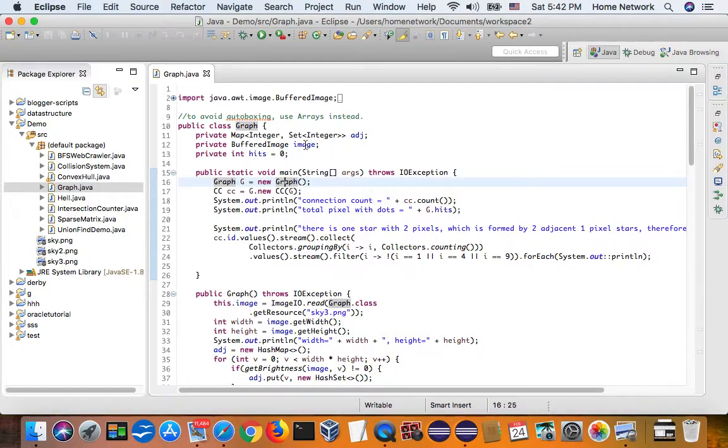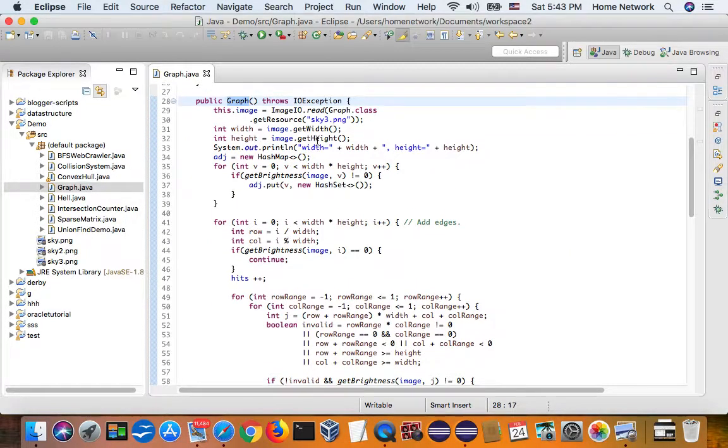A graph data structure boils down to a map, which is a map between the current vertex and its neighboring vertexes. That's all the graph is about, not very mysterious. And the constructor is like this. We read in the picture and we get the dimension. The dimension is used later to find the neighbors. And we create a hash map,